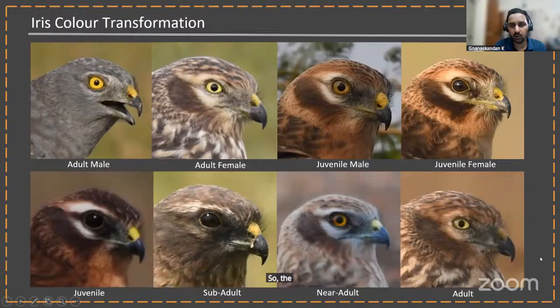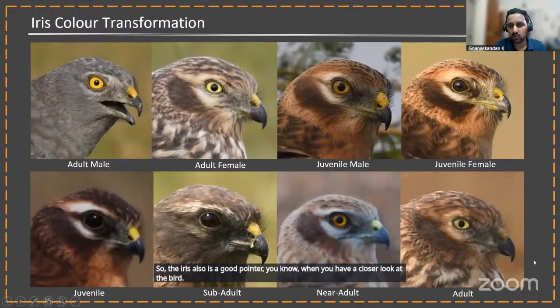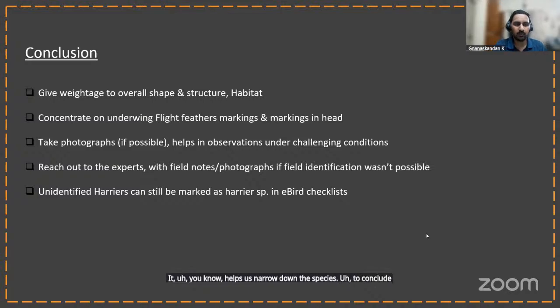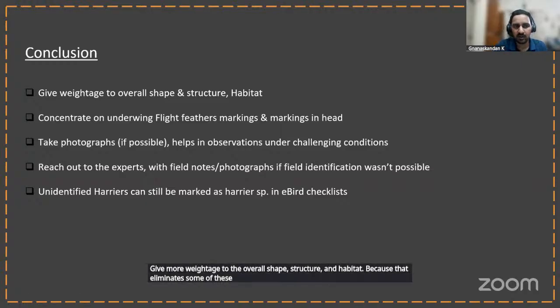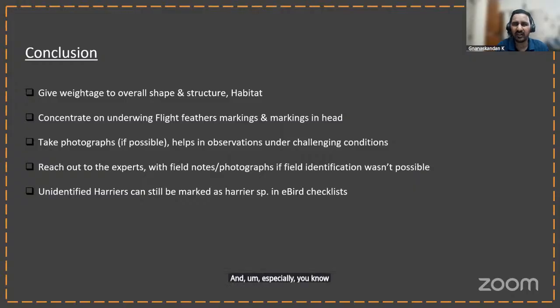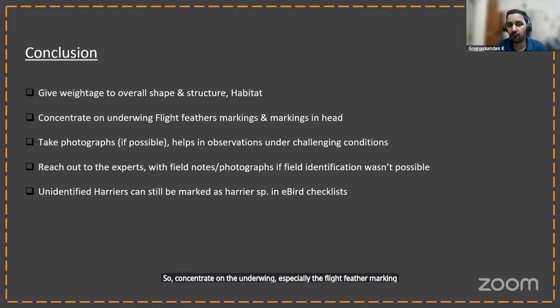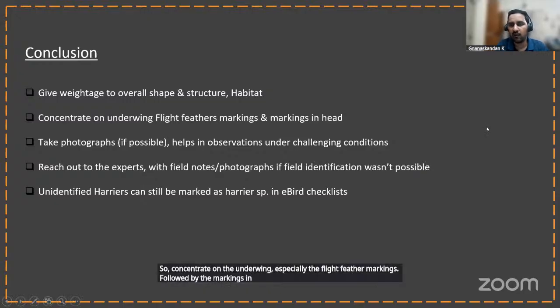So the iris also is a good pointer. When you have a closer look at the bird, it also helps us narrow down the age of the bird, and along with that the facial markings, and once you have the underwing, it helps us narrow down the species. To conclude, give more weightage to the overall shape, structure, and habitat, because that eliminates some of these species. Especially, most of the time we see harriers in flight, and seeing the underwing is quite easy compared to the other features. So concentrate on the underwing, especially the flight feather markings, followed by the markings on the head, to have multiple pointers